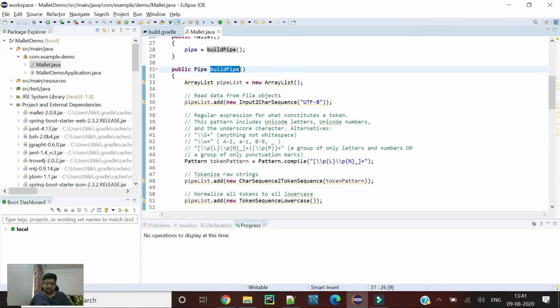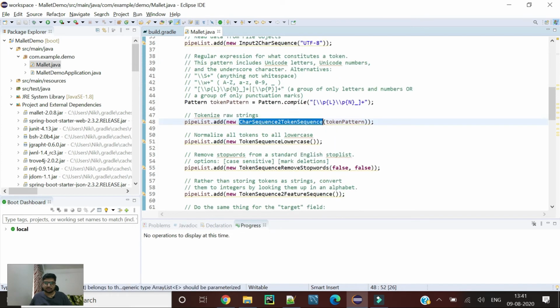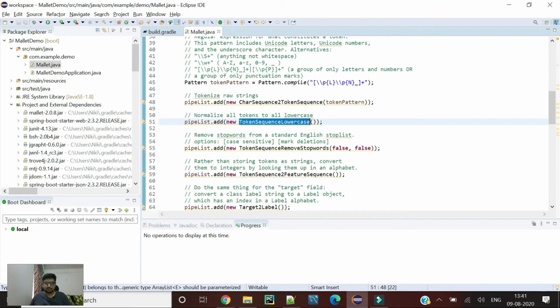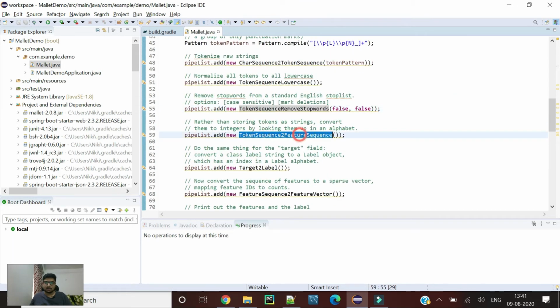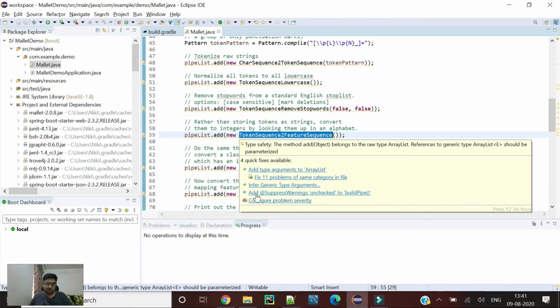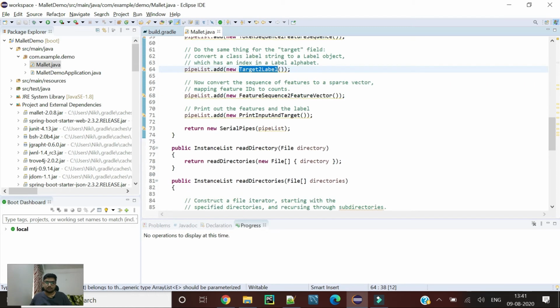We are just building the pipeline again. We are converting the text into character sequence, then character sequence to token sequence, then we are lowering the case, then we are removing the stop words, and then we are converting those tokens into feature sequence, and then converting those feature sequences into the feature vectors. Here also we are changing our classes into labels, or you can say numeric form.